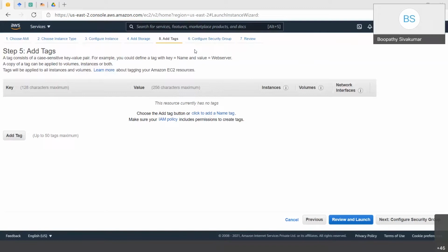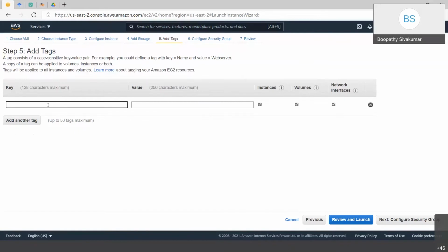So for now, we will add some tag. Can you click on add tags? We can give the key as Name, capital N and AME. In the value, you can give let's learn EC2 instance.